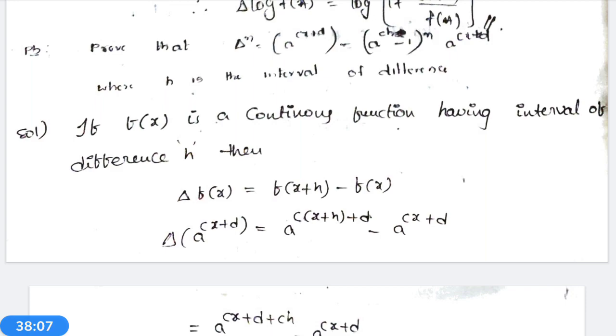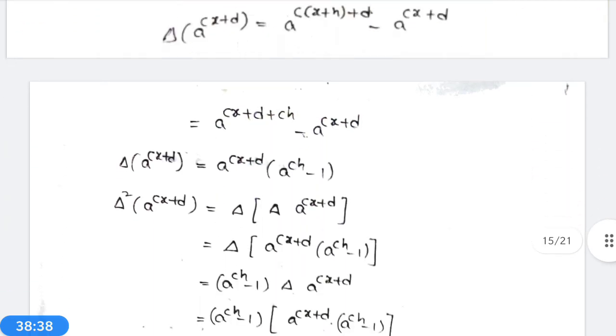So, applying delta on a power cx plus d gives a power ch minus 1 power 1 into a power cx plus d. Once again applying delta on this, we get delta square a power cx plus d is equal to delta of delta a power cx plus d, which is delta of a power cx plus d into a power ch minus 1, which is equal to a power ch minus 1